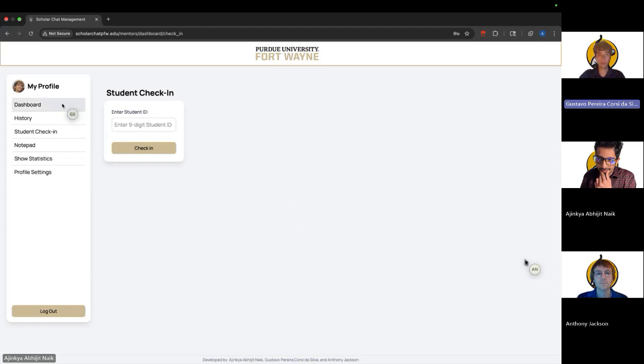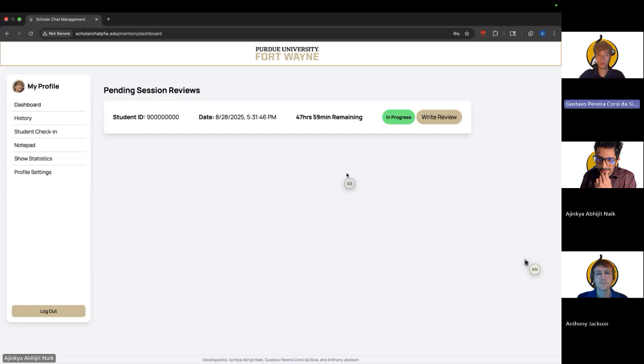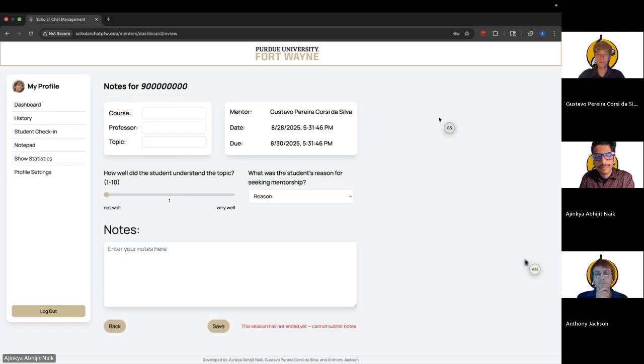And if we go to our dashboard page over here, we can see all the pending review sessions. And as you can see, the session that we just created is in progress. And we can also have information on what's the student ID number, the date that it was created, and how long the mentor still has left to write the review notes. And so while the session is going on, or even after, the mentor can click on Write Review,